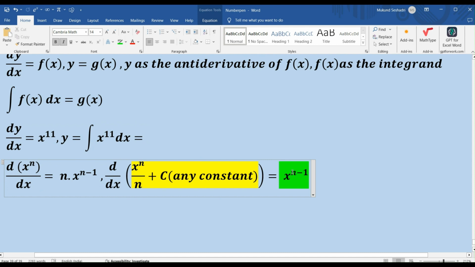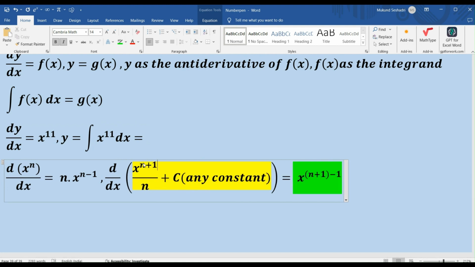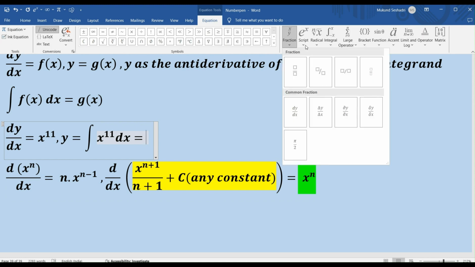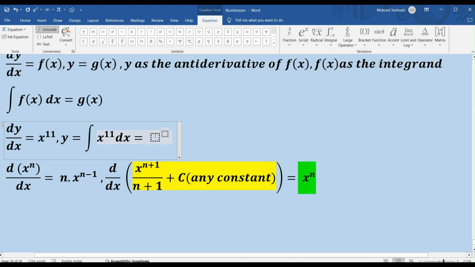I can replace my n by n plus 1 here, right? And when I do that, I will have to make sure that wherever I have an n, I replace it by n plus 1, which means my green expression becomes x to the power n. So when x to the power n equals x to the power 11, what is my antiderivative? It is nothing but x to the power n plus 1, again referring to the yellow expression which we have highlighted,